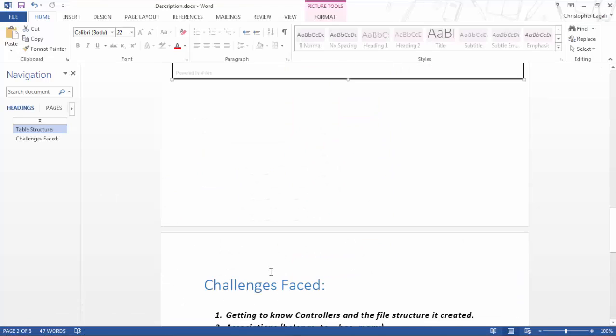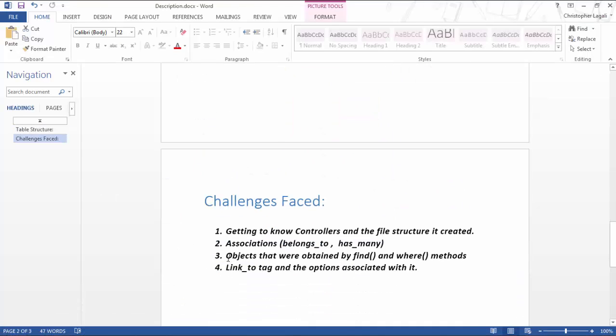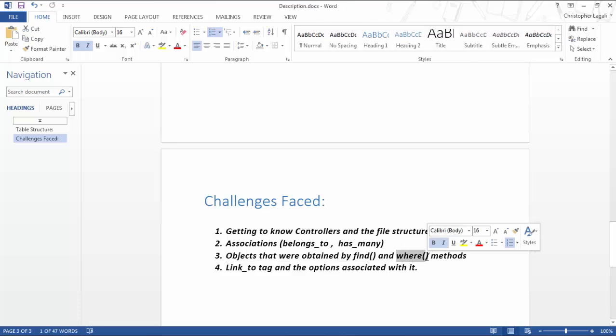And then the other challenge that I had was, this was a minor challenge where I had to differentiate between find and where. Finally, I concluded that find returns only one record at a time, whereas where will return an array of records. Then you can array through these records and find out which all records belong to that user. So this was a minor challenge that I overcame